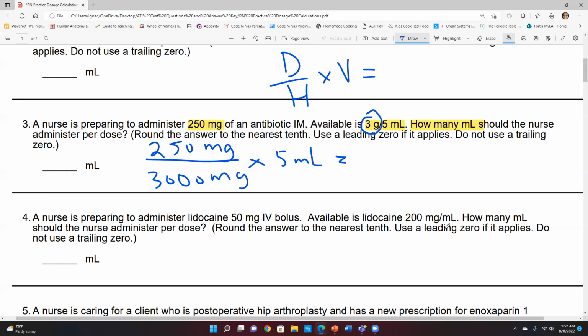Okay, so once we do that calculation, I'll give you a moment to do that calculation. And let me double check my calculation. 250 divided by 3,000. Multiply that by 5. And I am going to get my milligrams to cancel. I will get